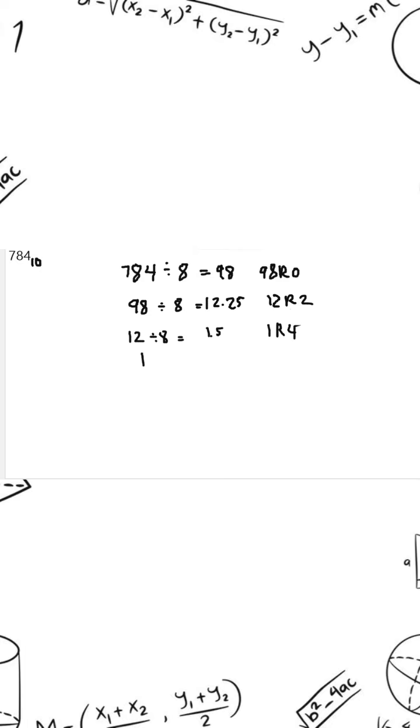Okay. Now we're going to take 1 and divide it by 8. So 1 divided by 8 is going to be